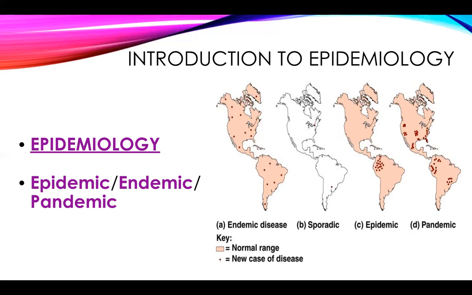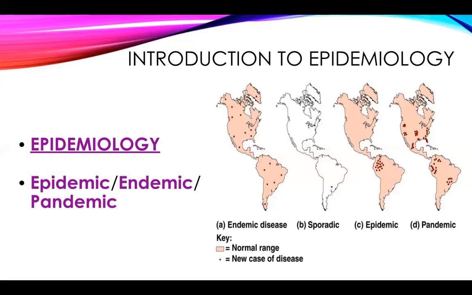So it is the presence of a disease in an area in a much larger amount than what would be expected, or a disease that we would not expect in that area. A pandemic is an epidemic that has spread across multiple areas. So now we have clusters of that disease in larger amounts than what is to be expected. So it's not just sporadic, and it's not endemic, and it's happening in multiple areas, across multiple regions, across multiple countries, right?